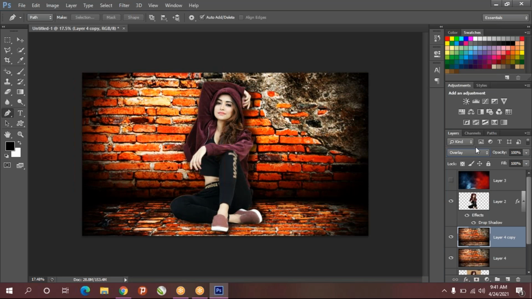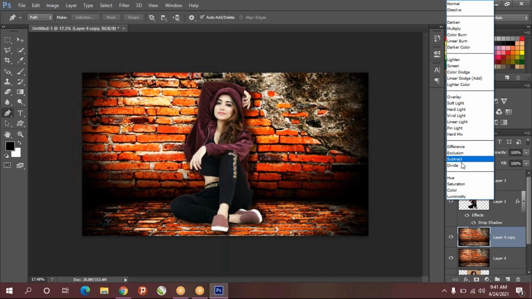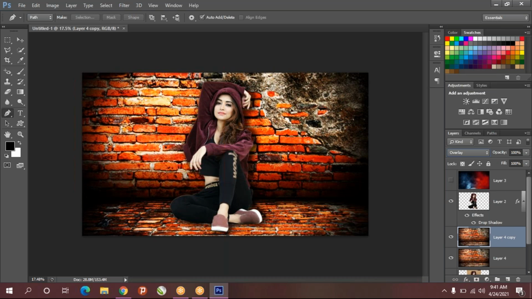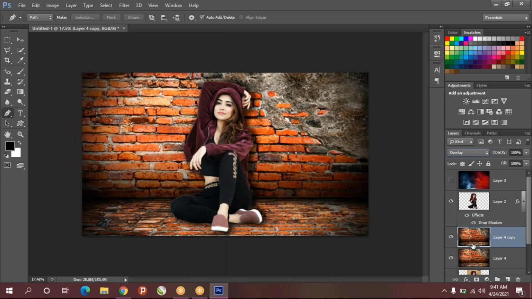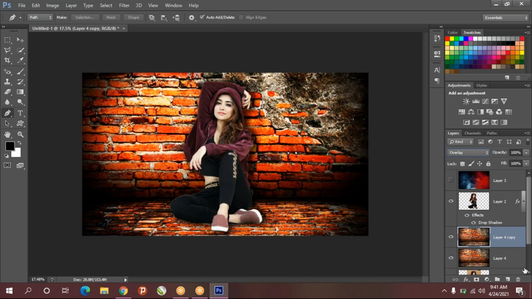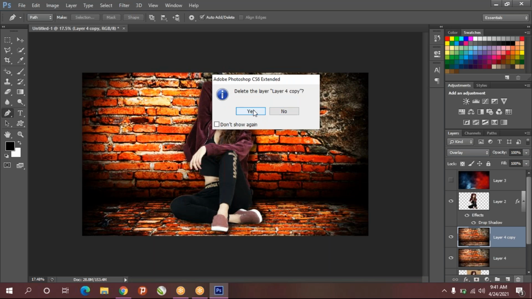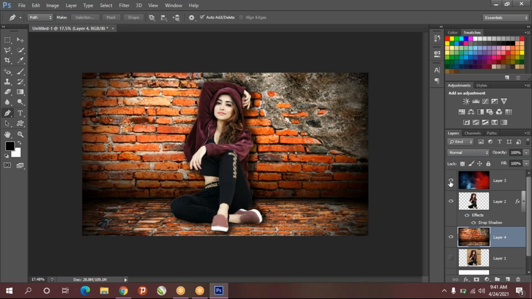So little bit darker it is. So like this you can do dark also, but if you don't want, just keep it as it is. Delete this, and this one I'll enable now.